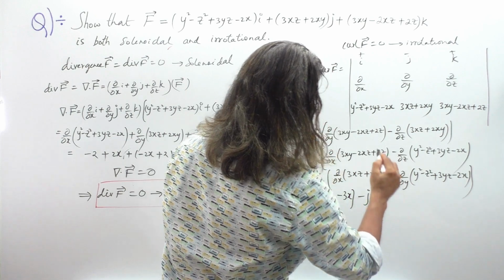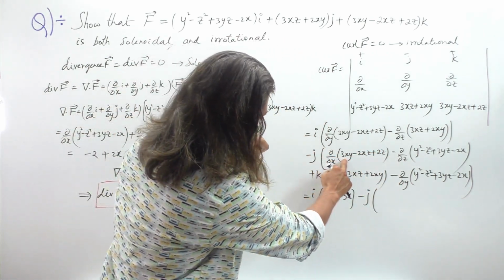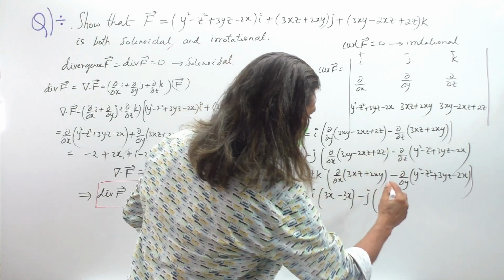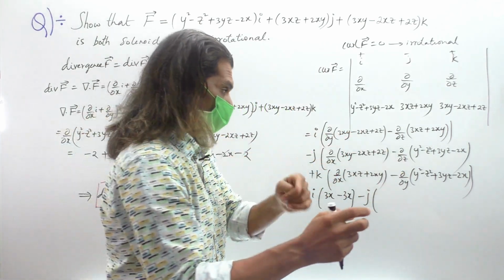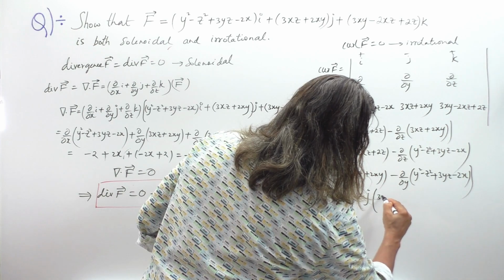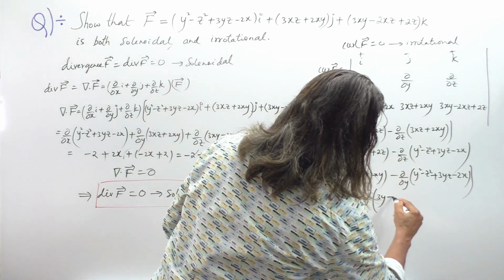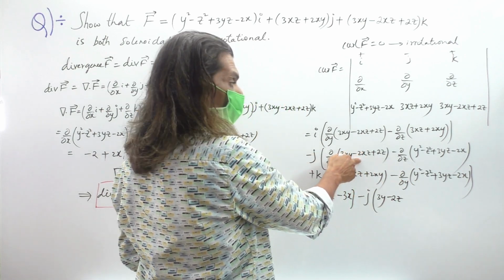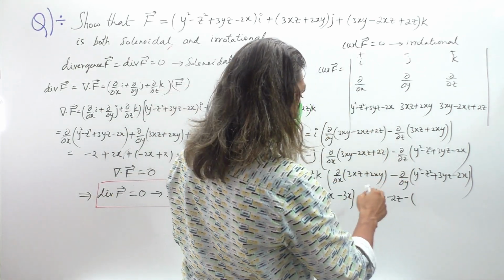Minus j into, again ∂/∂x, 3xy and 2xz: partially differentiating with respect to x only. So 3y as it is, differentiation of x is 1, minus 2z as it is, differentiation of x is 1, minus,